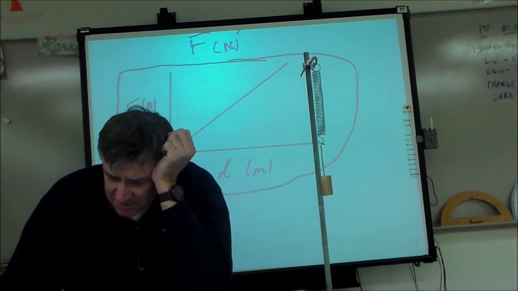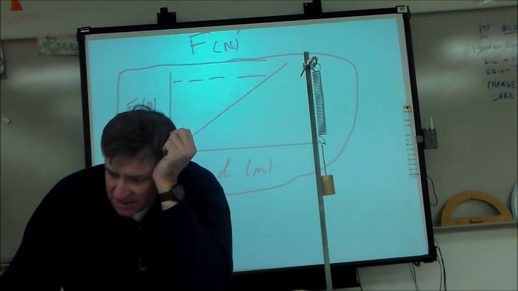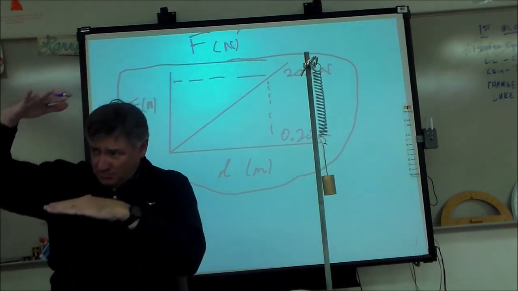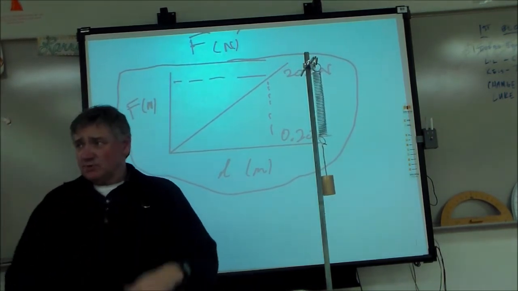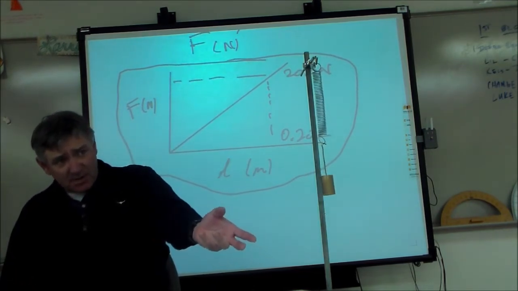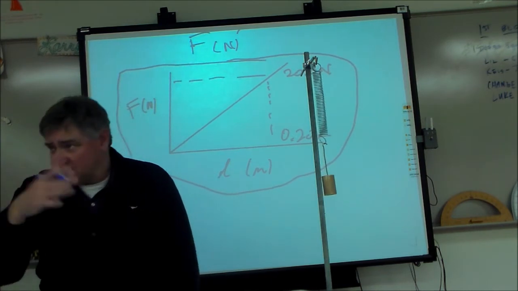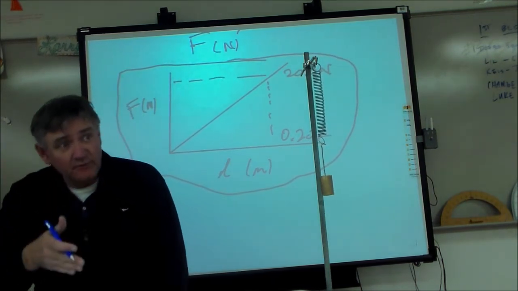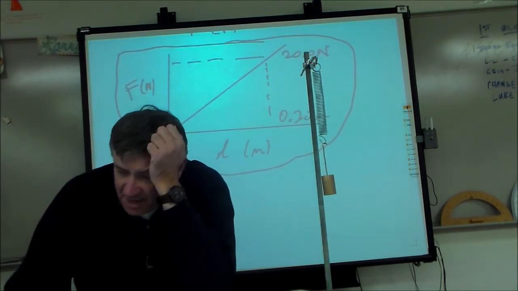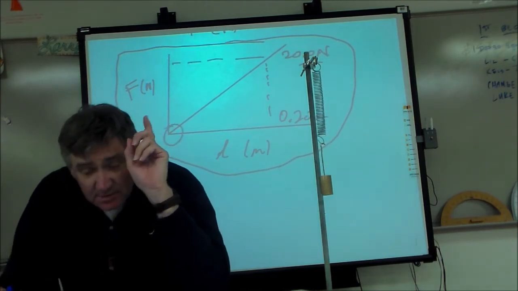Let's just make up some numbers. Let's say that took 20 newtons of force, and that created an elongation of 0.20 meters. About 0.20 meters would be about like so, right? 20 newtons of force would be like 1 kilogram masses hanging from the spring. And this is going to start at 0, 0, because we know with no force we don't have any elongation, right? So if I know that's 20 newtons and that's 0.2, and I'm starting at 0, 0, can I